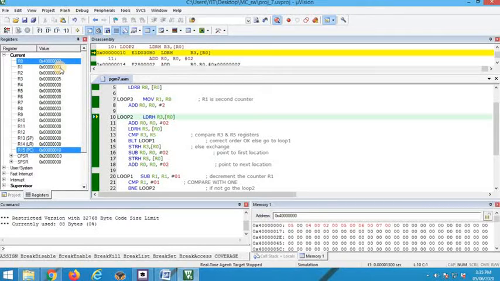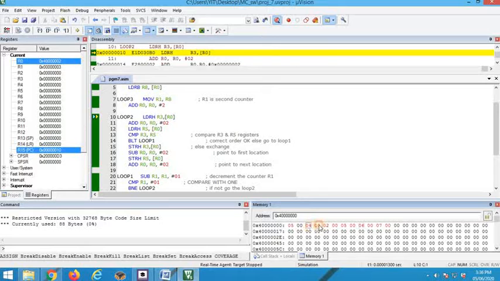So R1 always holds a value which indicates how many comparisons are going to be there in the current pass. Then R8 indicates how many total passes are remaining. R1, how many comparisons within the pass. R8, how many passes. So now two elements are in their final position, which are 6 and 7. This is the result of pass 1, this is the result of pass 2.